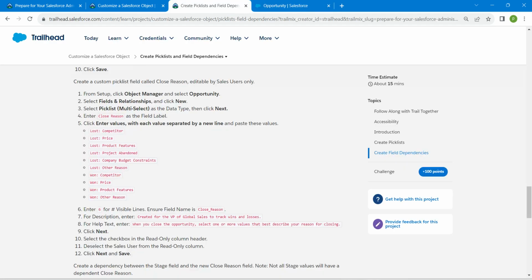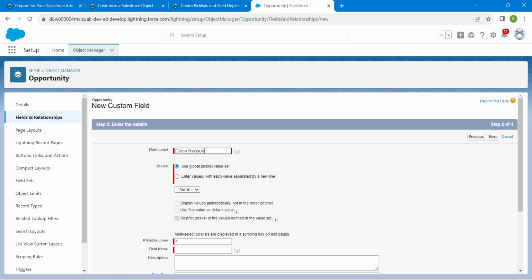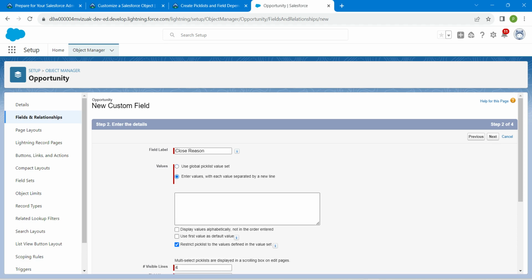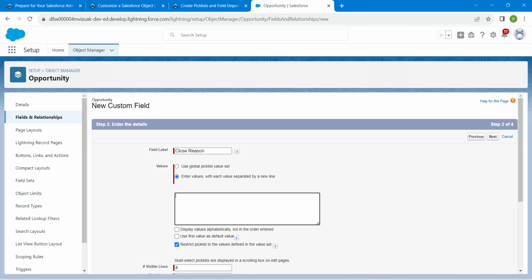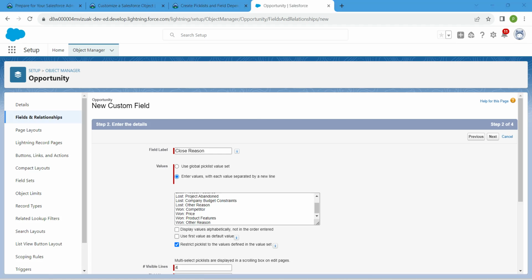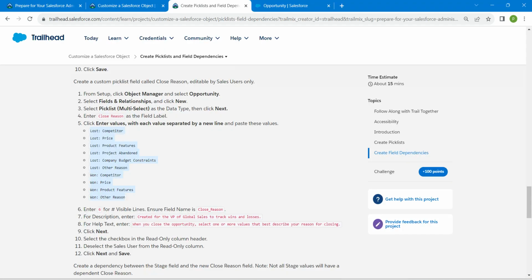Let's copy the label, which is closed reason. So copy this and paste it over here followed by enter values radio button. So let's give value, copy from lost competitor to won other reason, and paste it over here. And let's give our description and help text. So copy this description,